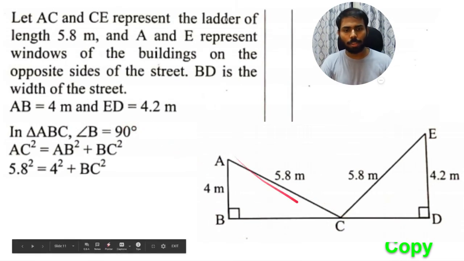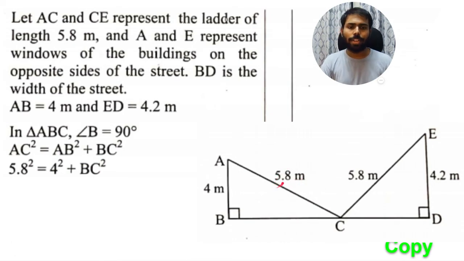Then use Pythagoras theorem, AC square is equal to AB square plus BC square, which they have written over here. Then substitute: AC square क्या है 5.8, AB is 4, and BC हमें find out करना है। So now what I want you to do is, you know how to solve this Pythagoras theorem, basic calculations है।